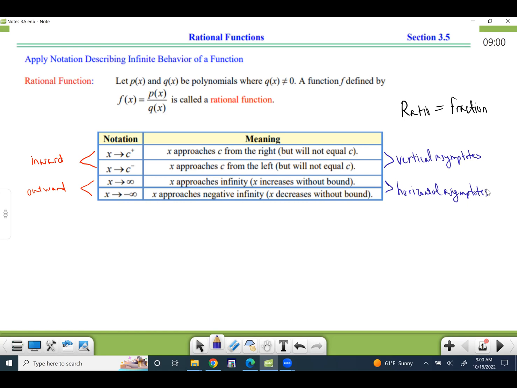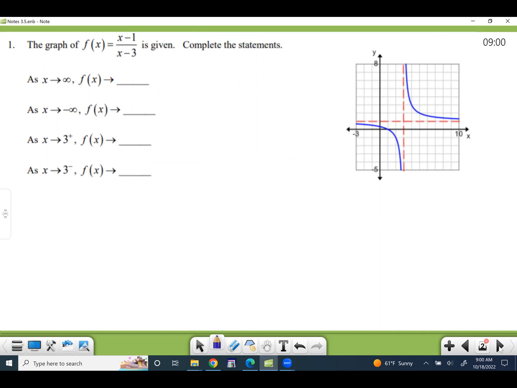If there are any, okay. So let's go take a look at this new notation. These first two are as x approaches the infinities, positive infinity and negative infinity. We said you want to be thinking about traveling outward, not inward. And then these two are as x approaches a constant, right? Well, that means we want to be traveling inward. So what I mean by that,